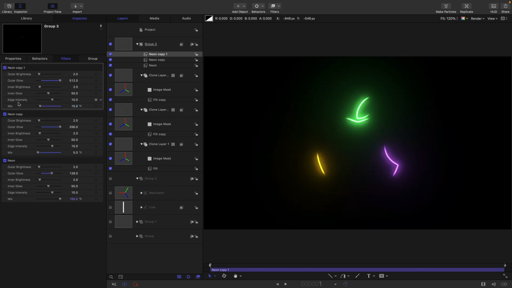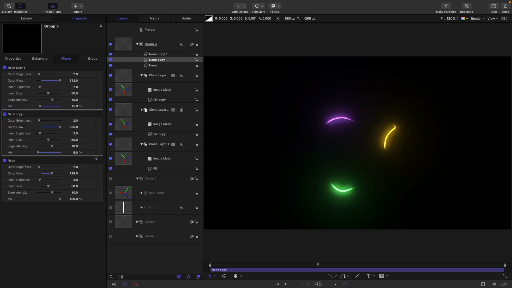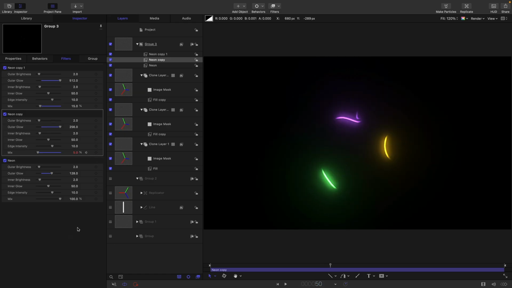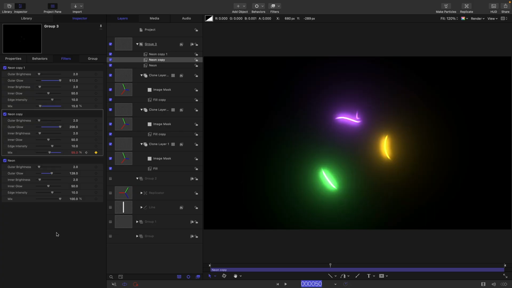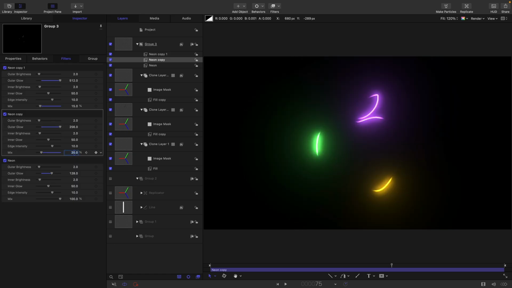Let's actually just keyframe this middle one here. So to do that, let's come to frame 45 and hit a keyframe for that mix value. Let's come forward to frame 50 and set that mix value up to 55. Let's come forward to frame 75 and set that value back down to 20. So that's going to give us a bit of a sort of exaggerated glow just as we're doing our transition